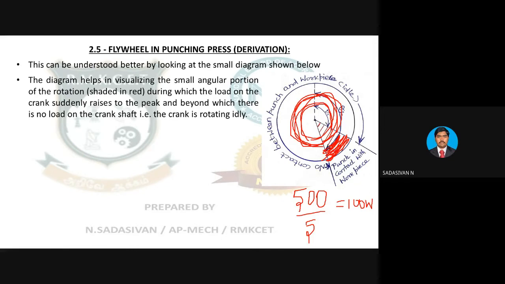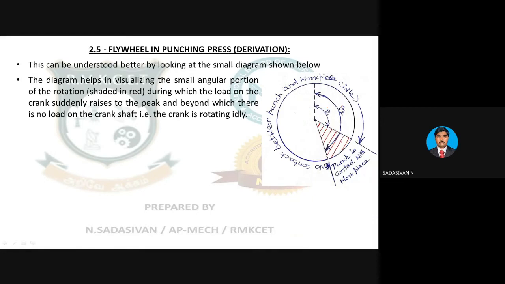Remaining time is idle. Therefore, what will happen? This is 0.5 seconds. You will require a 1000-watt motor. Is it really possible to go for such a high-rated motor? It is not practically economical to go for such a high-rated motor. So what I do, actually I put a very small motor. All the time when my motor is free, I run a flywheel. So now when I am touching the material, this flywheel will help the motor and create the hole. Clear? That is the basic idea of the punch press problem.